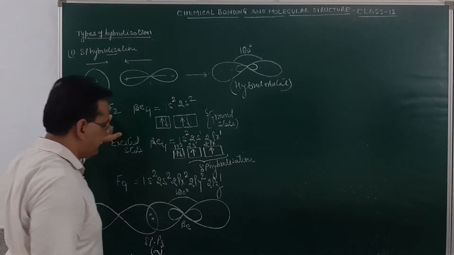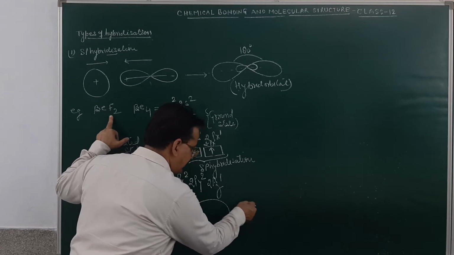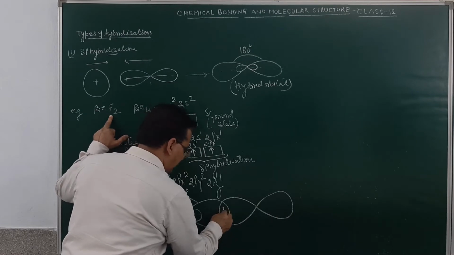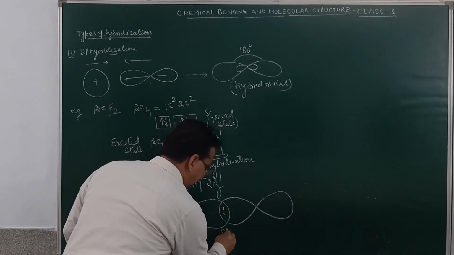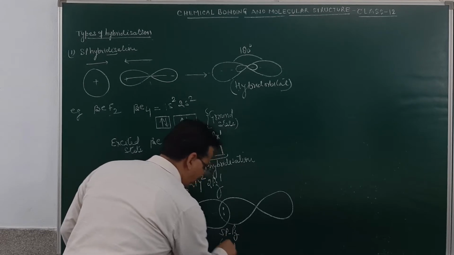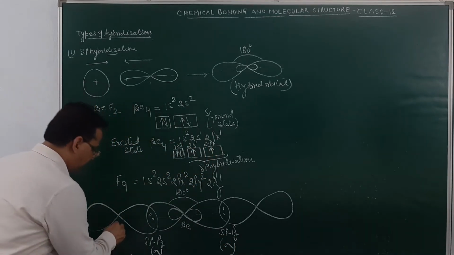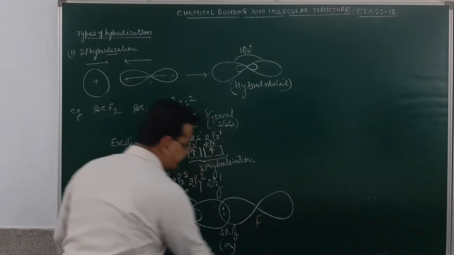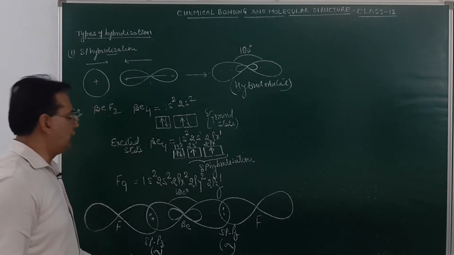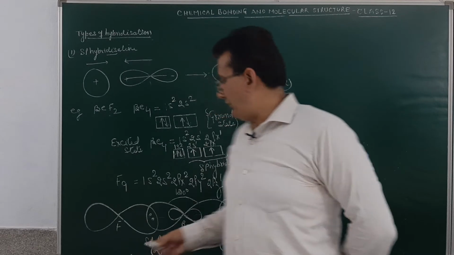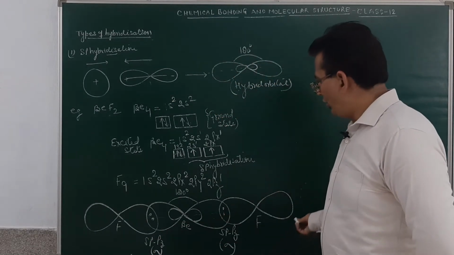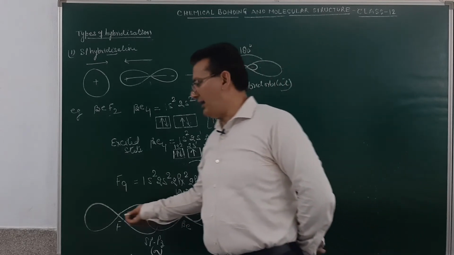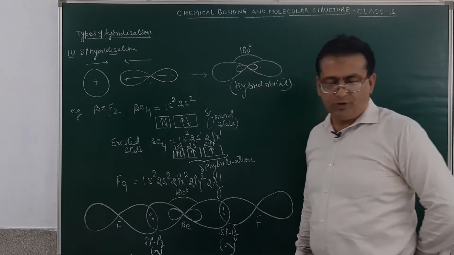Since there are 2 fluorine atoms, one of the fluorine will orient itself in this manner and result in the formation of a bond. So this over here again will be sp and pz. This will result in the formation of a sigma bond. This is a fluorine molecule. This again is a fluorine molecule. Am I clear? So how is beryllium fluoride formed? When the 2 sp hybrid orbitals overlap with the pz orbital to form a sigma bond, and here again the sigma bond will be formed. So this will result in the formation of beryllium fluoride.